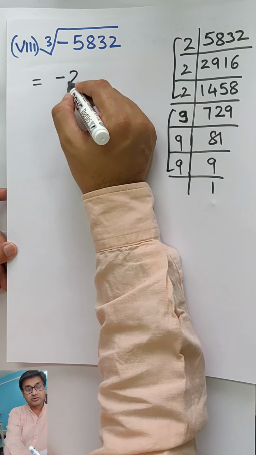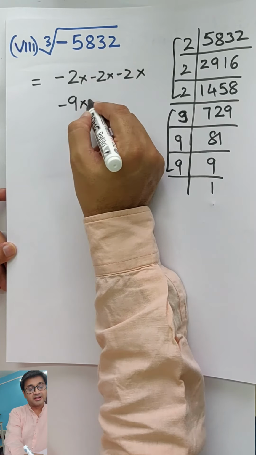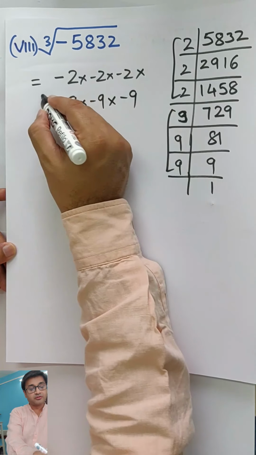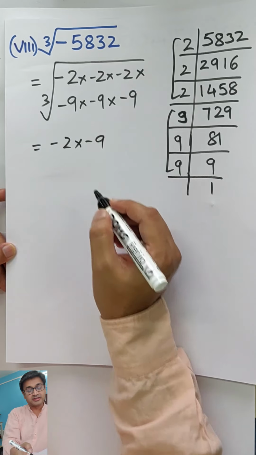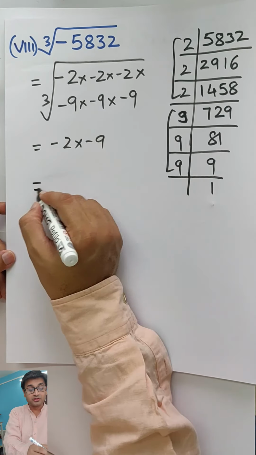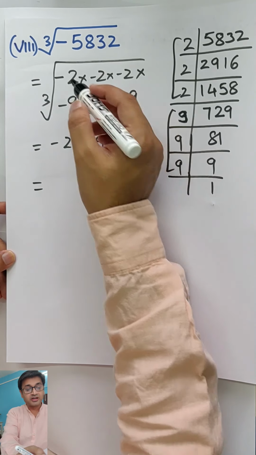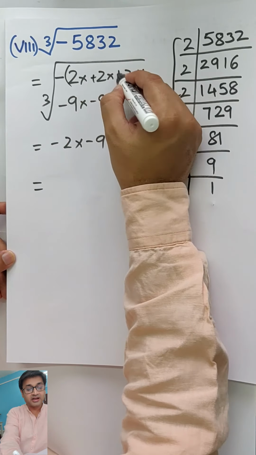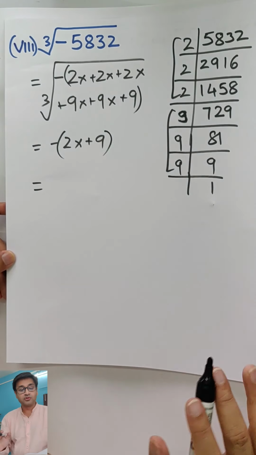So write minus 2 into minus 2 into minus 2. Give a minus sign to all the numbers. Don't forget that. Okay. So finally you will get minus 2 into minus 9. Minus 2 into minus 9 you'll write plus 18. Don't do that. And here also we might land up doing a mistake. So it's better you just put one minus sign outside and write everything plus and put in a bracket. So there is no problem, no confusion at all.